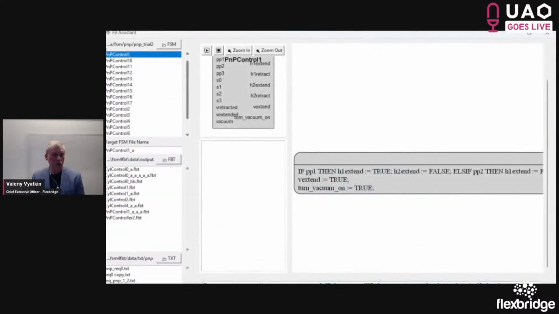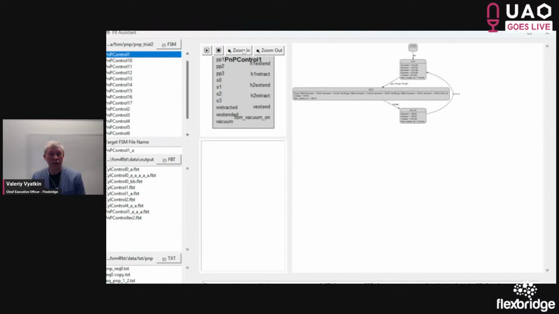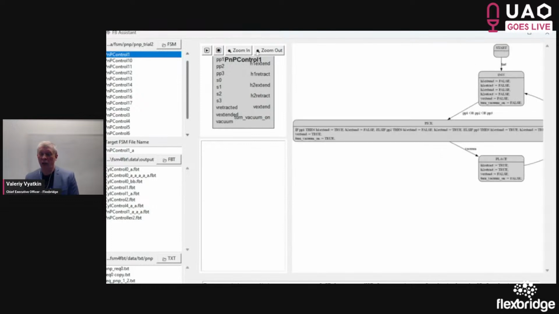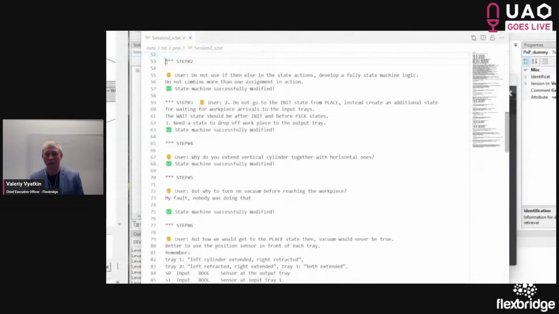Okay, so in the first step, the assistant has correctly modified the interface and created this state machine, which has a lot of operations implemented in the ST programming language within the state.